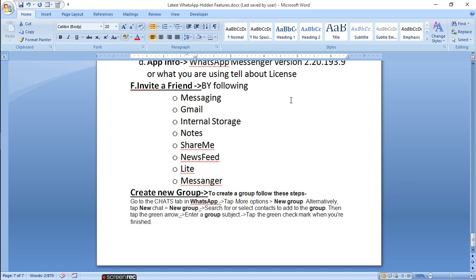Alternatively, tap new chat, then new group, then search for the selected contact to add to the group, then tap the green arrow on the right hand side, then enter a group subject for which you are making the group, then tap the green check mark when you are finished.